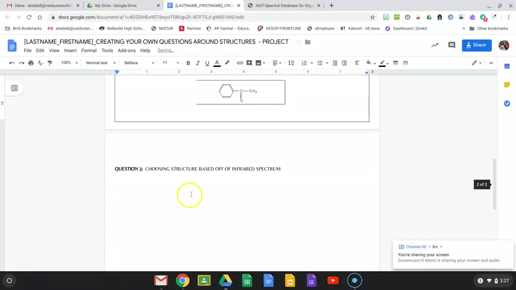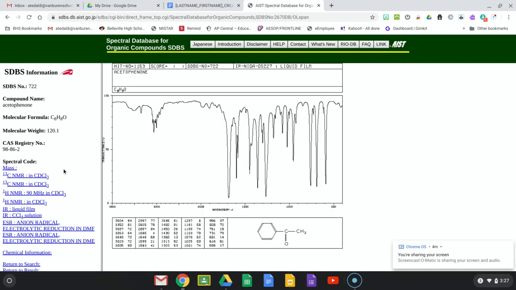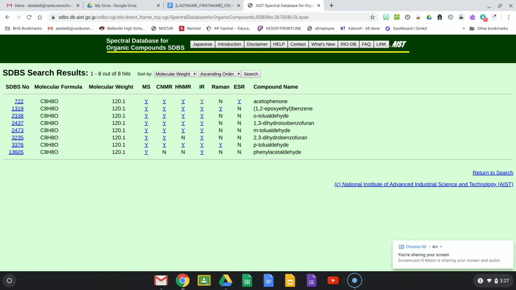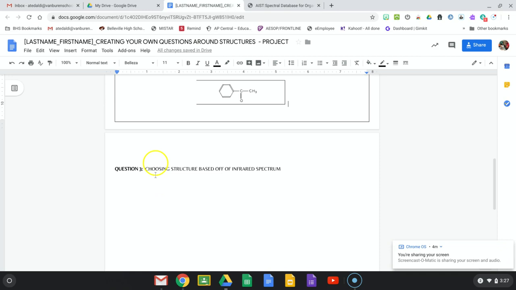I want you to have it choose a structure based off of an infrared spectrum. So let's go back to our results. And if it doesn't go back to your results, you could type in the formula again. We have all these different structures that will have the same molecular formula. So you could do this again, where you can say, okay, I have this molecular formula, or you could do a new one, doesn't matter,